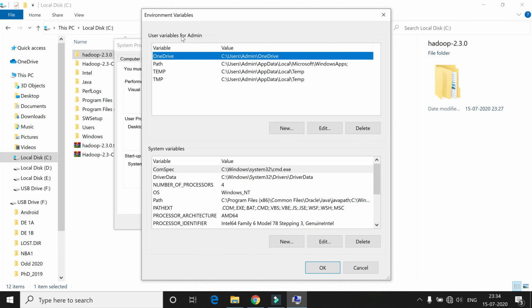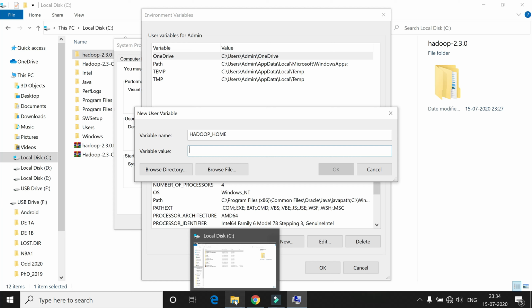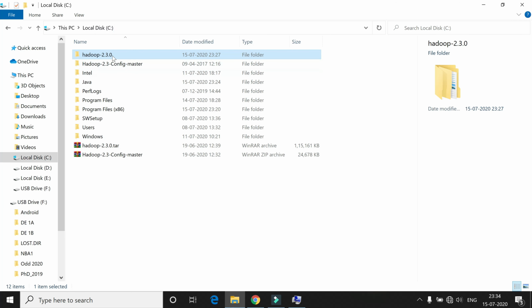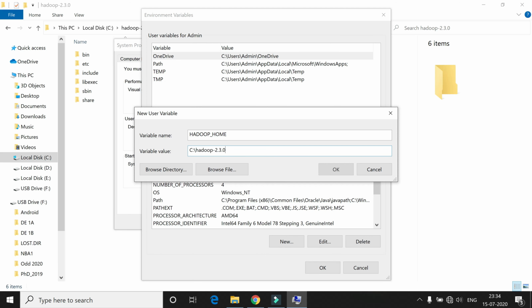Now click on new variable, and then you have to give the variable name and the variable value. Give the variable name as HADOOP_HOME, and then give your Hadoop installation path, that is C Hadoop 2.3.0. Just copy that from your C location and put it in the value.